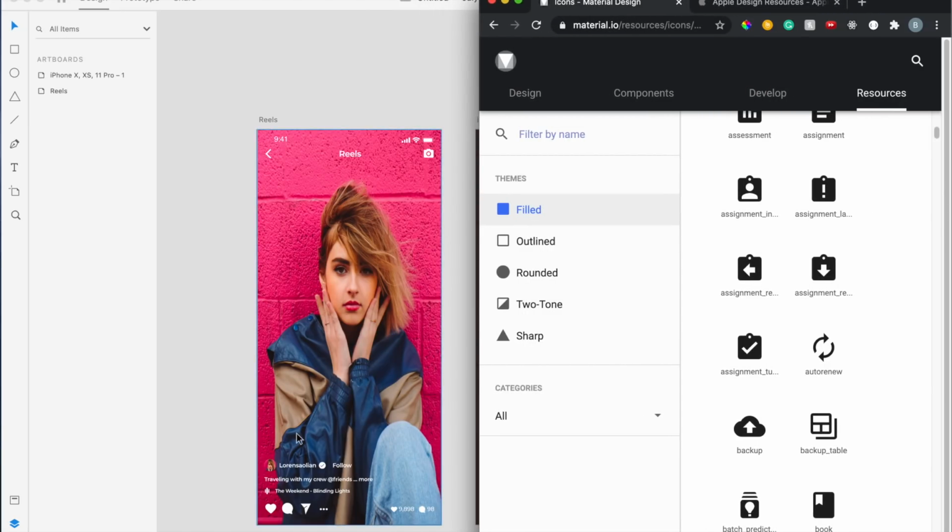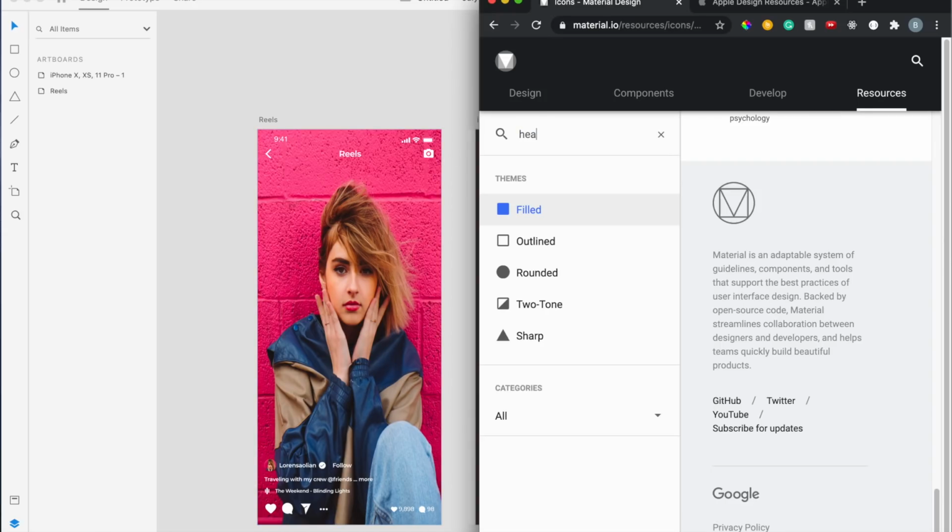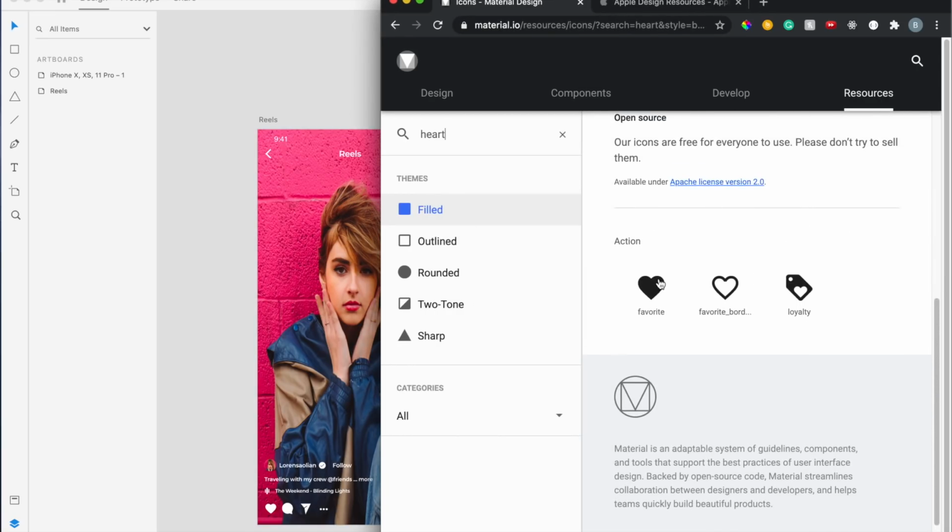Some of these icons, by the way, are Instagram specific, or if you have Font Awesome or any other website, they have premium ones. So this camera icon isn't the exact same one they use, but it doesn't really matter. This is just for preference right now. So I mean, we could type in hearts, and then if I scroll, you can go here and just click on it, and then